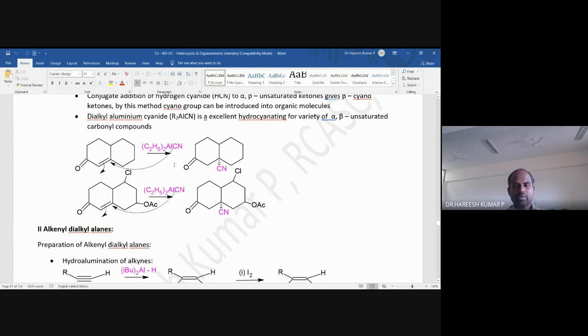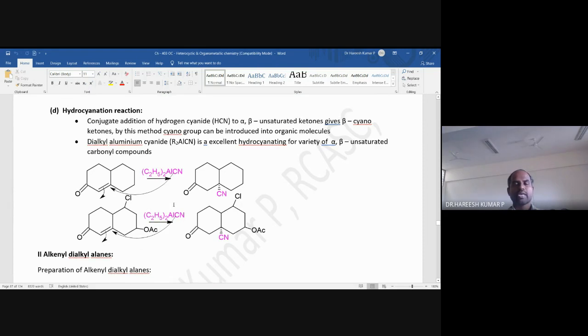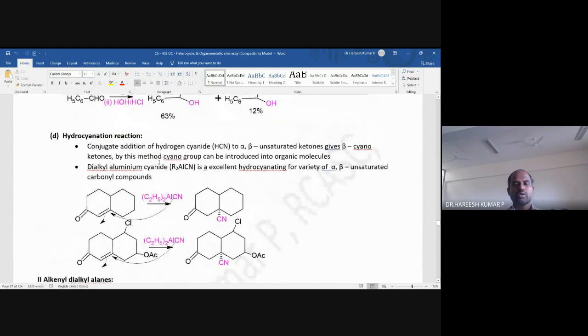This is achieved by taking a dialkyl aluminum cyanide as the reagent. This is the best method for the introduction of a cyano group to the substrate. So this much information you can write if it is a 4 marks question. Normally it is asked as a 2 marks question. If it is a 4 marks question, you write all these things. If it is a 2 marks question, you just give a